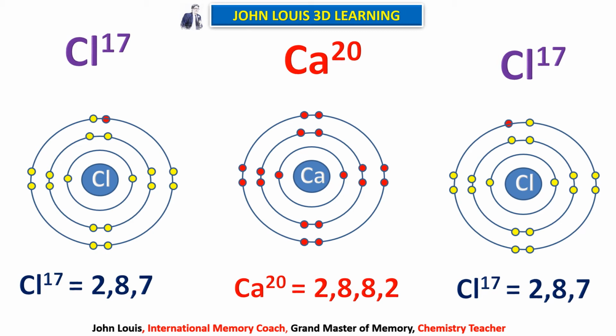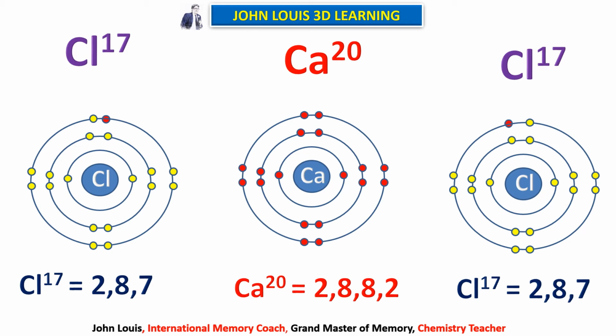So, what will happen now? The chlorine will accept 1 electron. The other chlorine also accepts 1 electron. So, those 2 electrons come from where? From calcium. Let us see here. This calcium donates one of its electrons to this chlorine and the other electron to the other chlorine. Thereby, a bond is created between calcium and chlorine on both sides. So, 2 ionic bonds are formed here. Is it clear? 2 ionic bonds are formed.